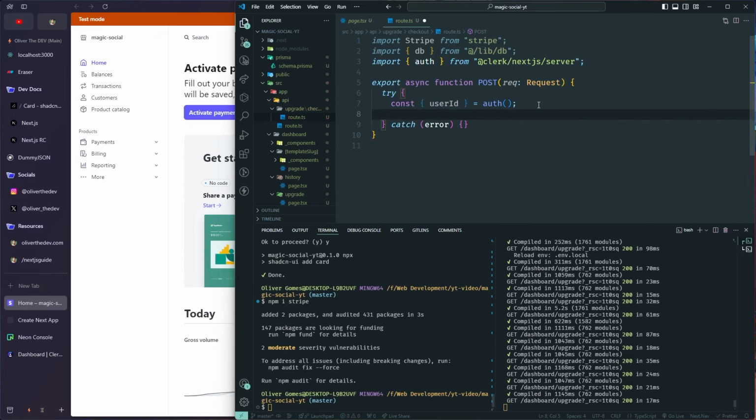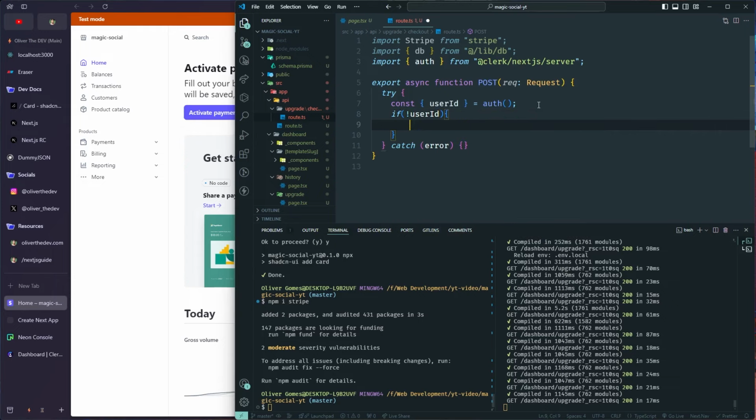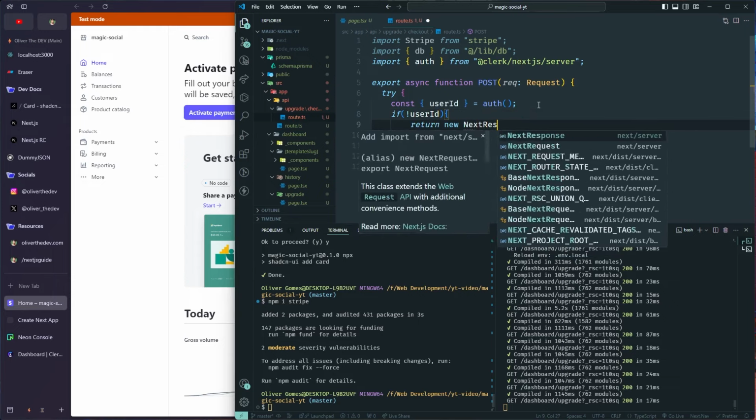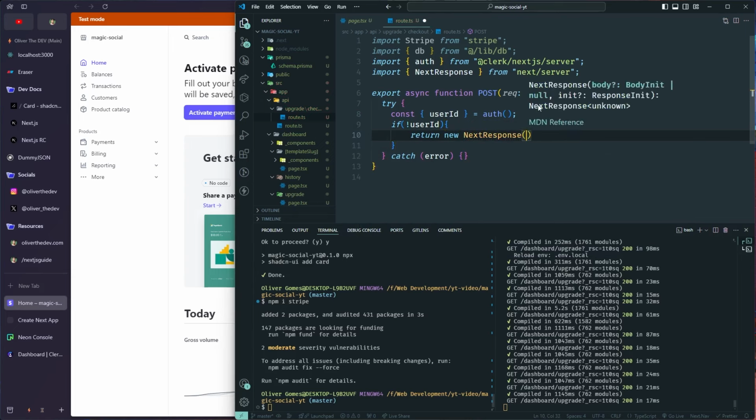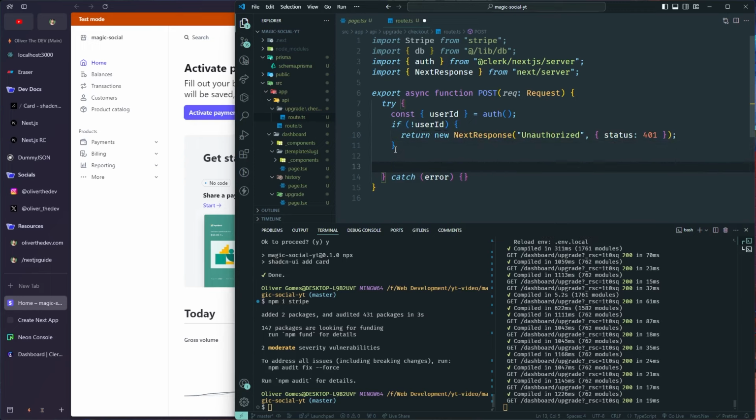Here, if no user is found, we can't do anything. So if no user is found, we're going to return an error: next response, unauthorized, status of 401. And then if the user is found, we're going to do some Stripe